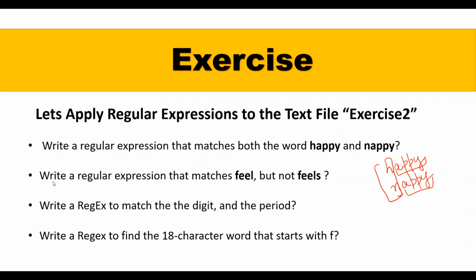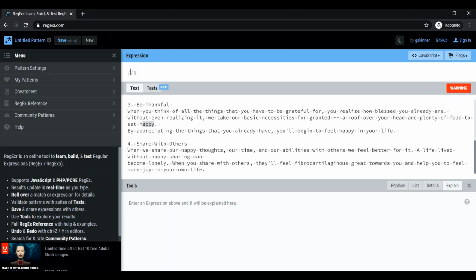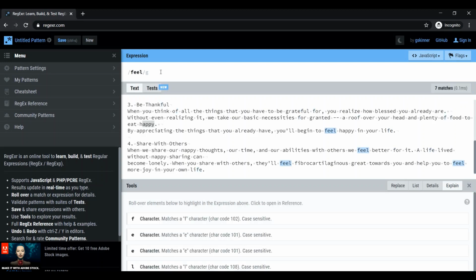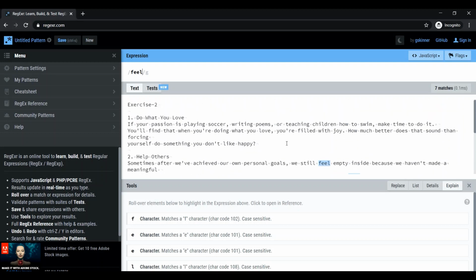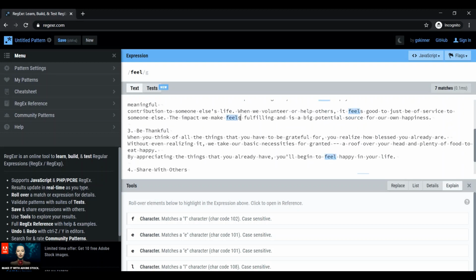Now comes the second question. Write a regular expression that matches feel, so we need a regex to match feel but not feels. So here if I write feel, it is matching with feel everywhere, but this feels is not being traced.